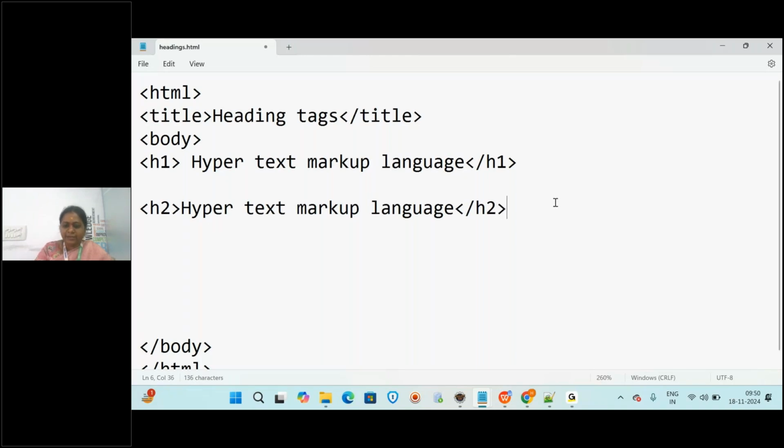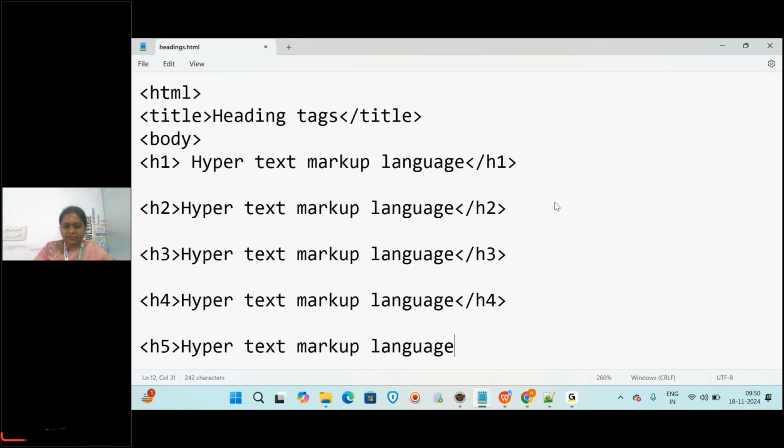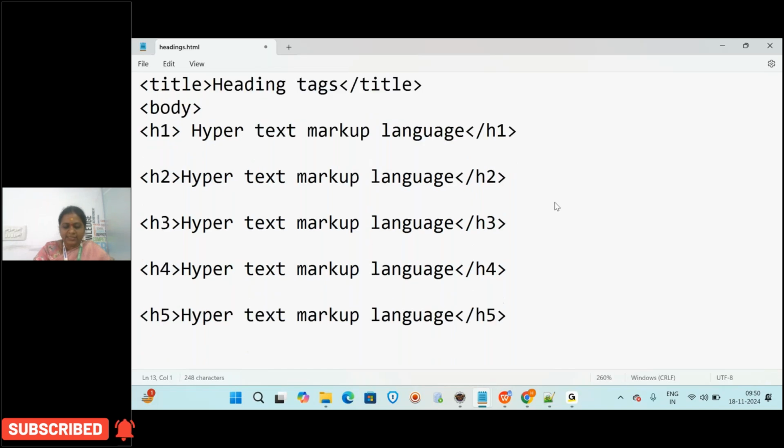Again I'm going to write between H3, then H4. You can write any text, but to show you the difference, I'm writing the same text. And again H5, and then H6.